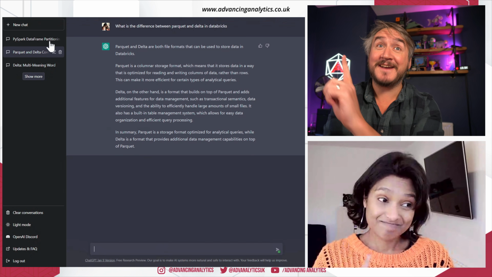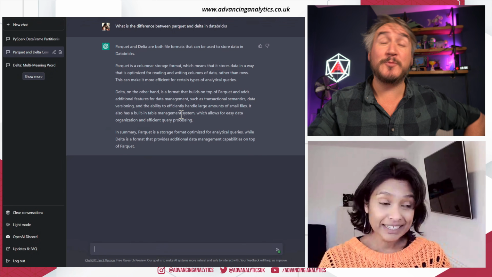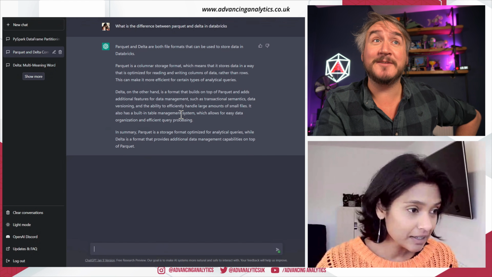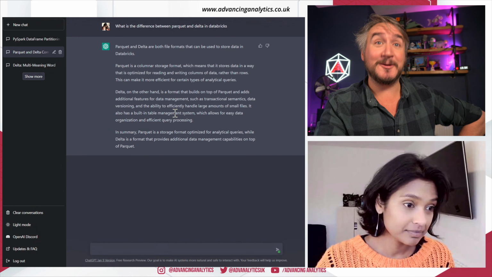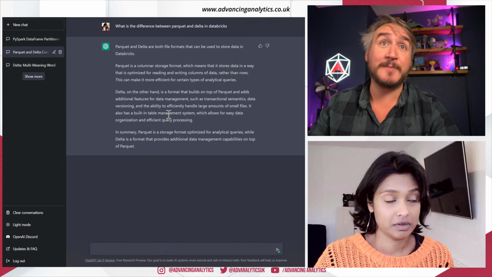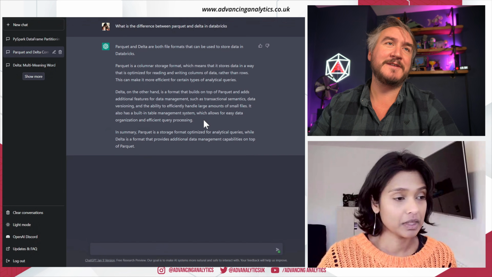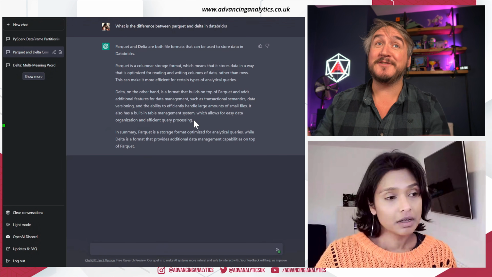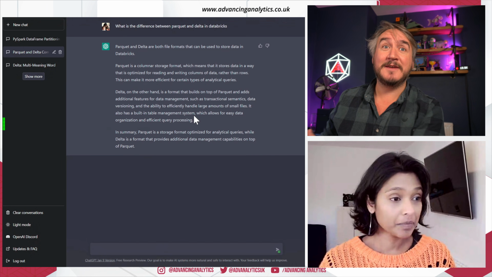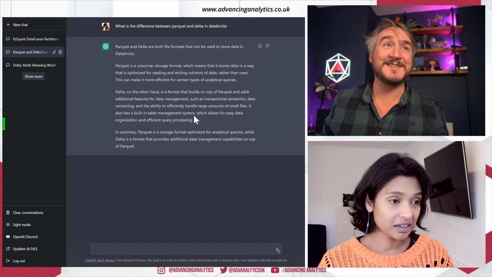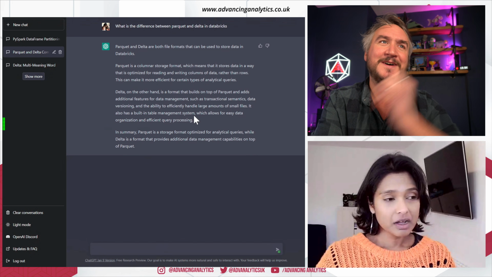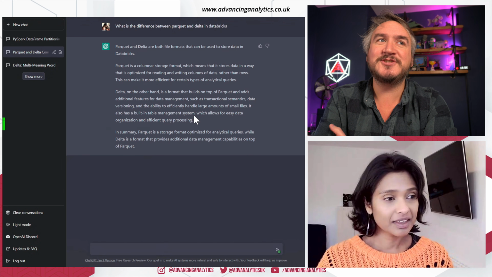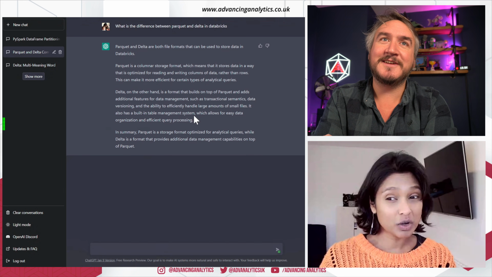There's some things I would correct in there as a Delta note. Well, one, Delta is open source. It can be used outside of Databricks. It can be used by Spark, by Rust, by Python, by a whole load of different things. Yep, but if this was trained in 2021, it was more limited in what could talk to Delta back then. But otherwise, that's scarily mostly correct, right?